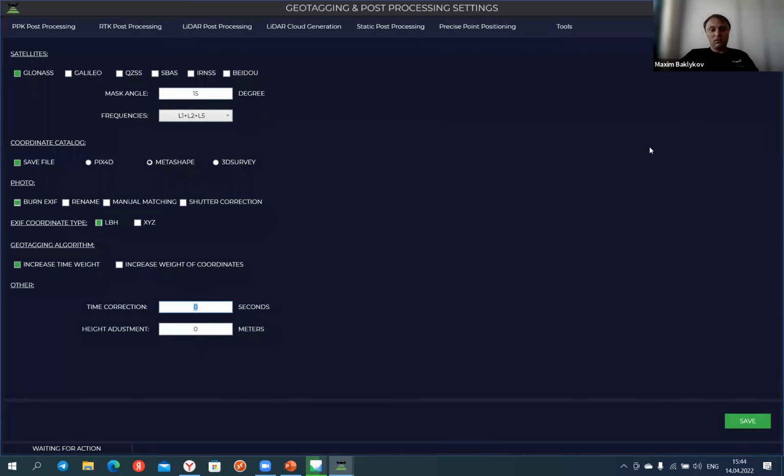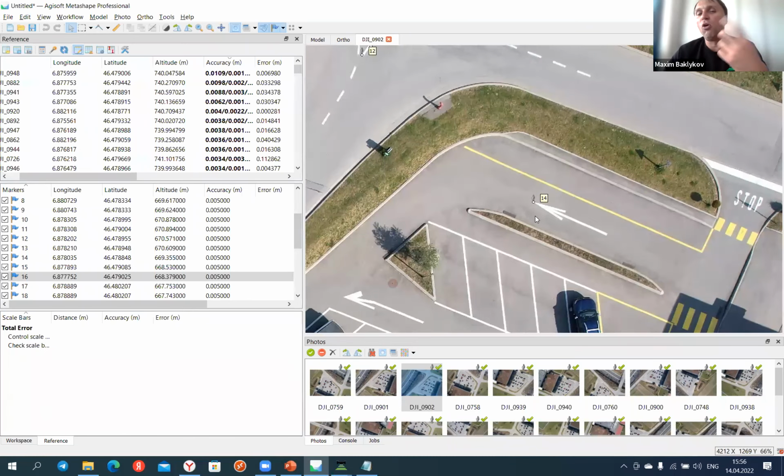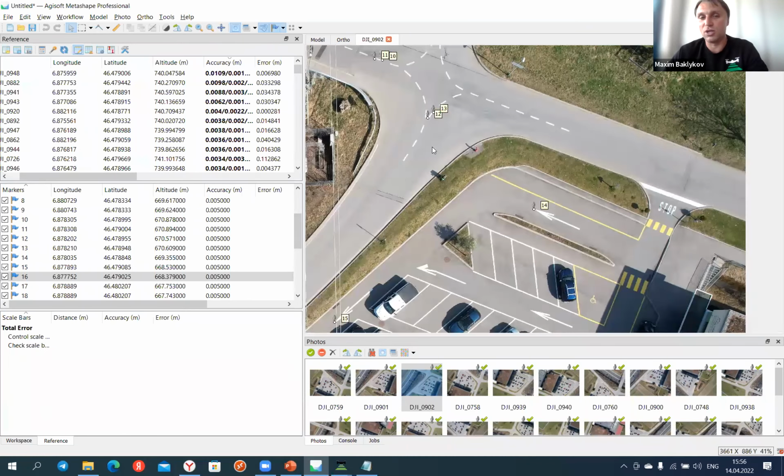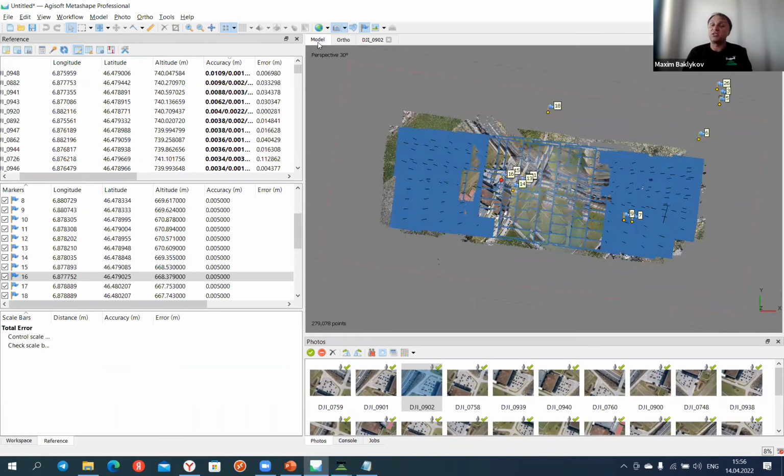While we were discussing this question, the software, using this option, fit additional correction, just updated all image positions and removed all distortion due to the moving of the objects caused by the rolling shutter, and as a result, we have amazing results. We just measure these points. In the diagonal of the road lines, we measure a point on the center of the arrow, and everywhere we have very precise results of the points without using any GCPs, just with use of